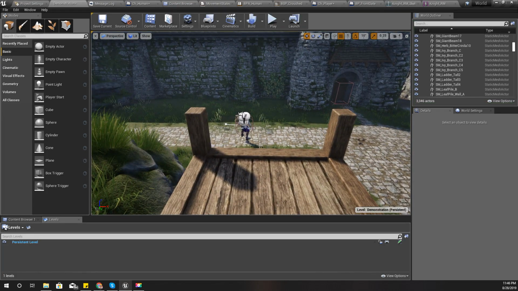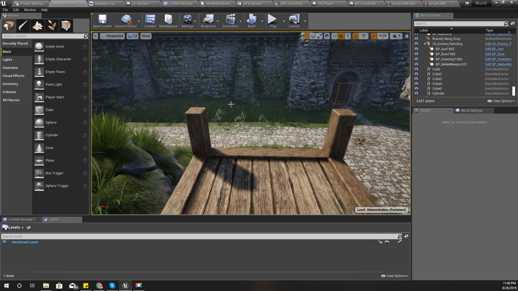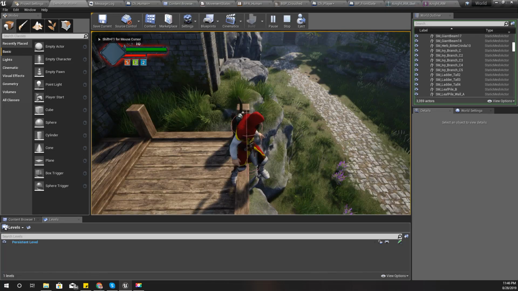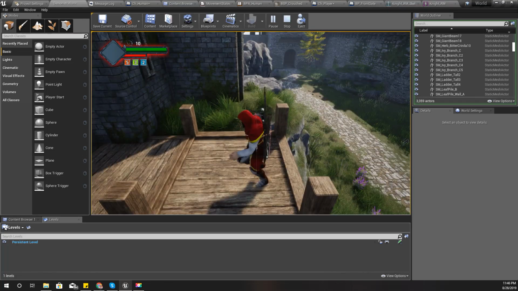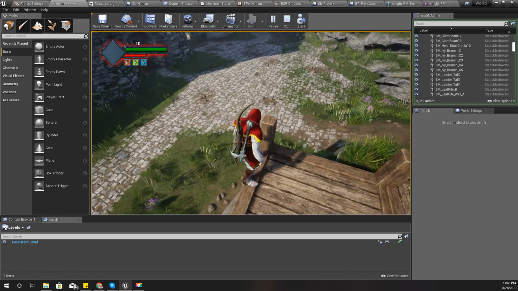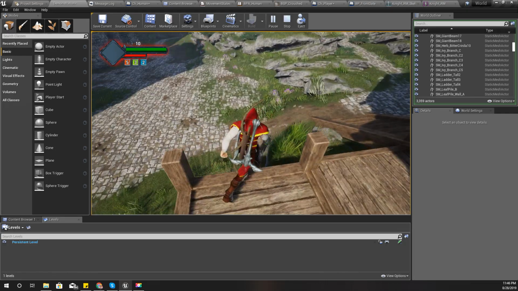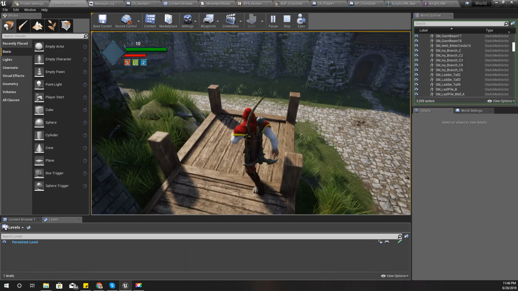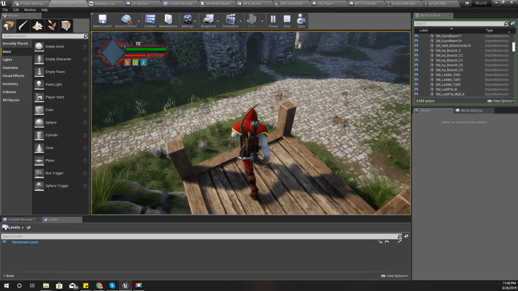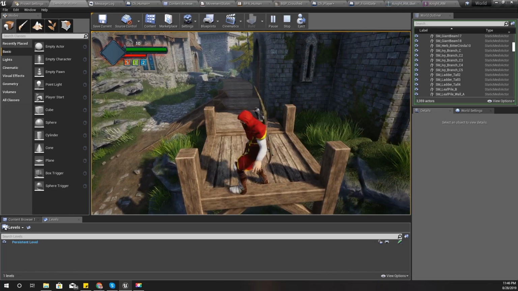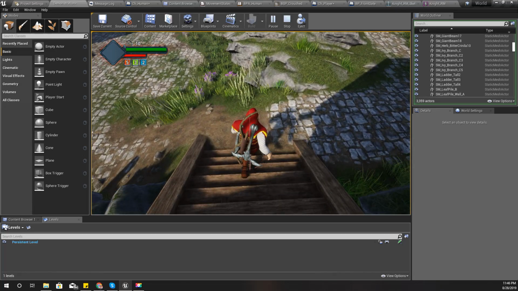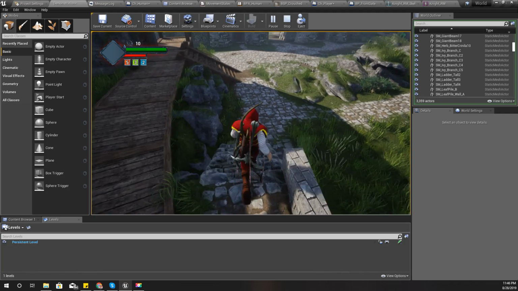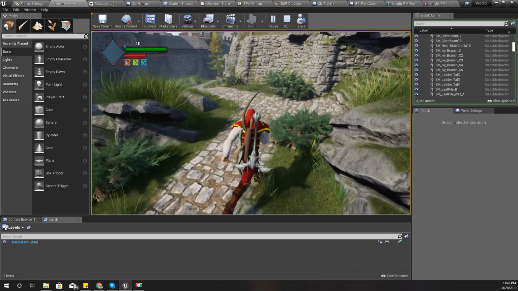Well, let me delete this dude first, otherwise he will start attacking me. Right, let's say a place like this. So it is very safe for my character to jump off this ledge, because this is not fatal, this is not a very high place. So in order to keep the dynamic behavior of the game, I need to let the player walk off places like this. And also I will have problems in some places. Let me show you, for example,